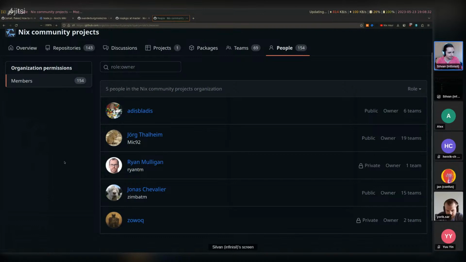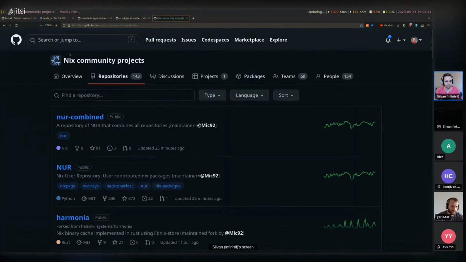So yeah, I'd say that is an advantage. It gives more trust and more reliability to it, where if the original maintainer isn't maintaining it anymore, someone else can take over. They can also reassign the maintainership and others can take over and so on.